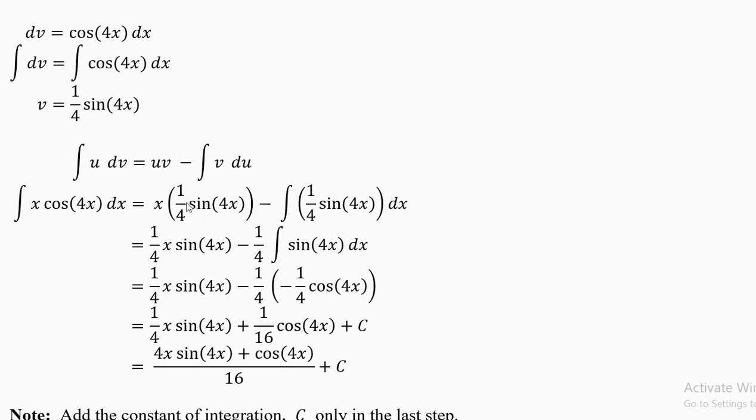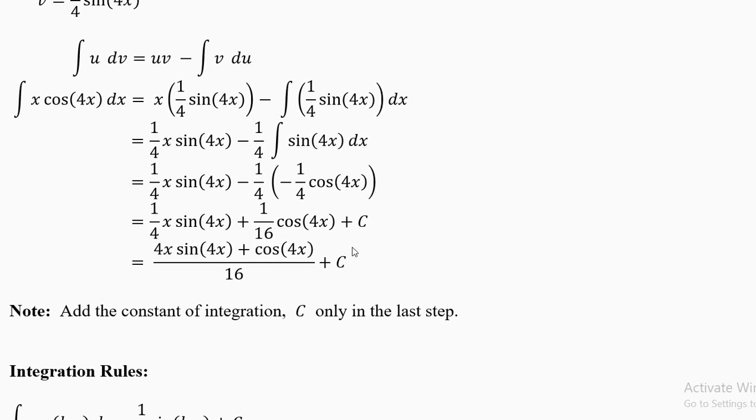Now v comes here outside and it comes inside. Now here you do the algebra, you will get 1 by 4 x sine 4x. Now this 1 by 4 will come out. You will get minus 1 by 4, minus into plus is minus. Integrate sine 4x, you will get minus 1 over 4 cos 4x. That's why I have put a big bracket here. Always good to put a bracket. Now minus 1 by 4 into minus 1 by 4 is plus 1 by 16 and cos 4x is there.